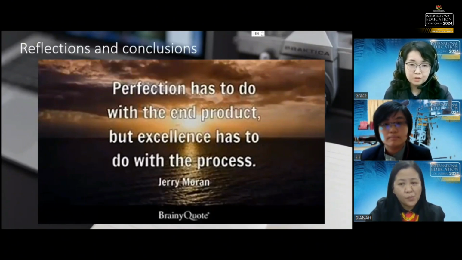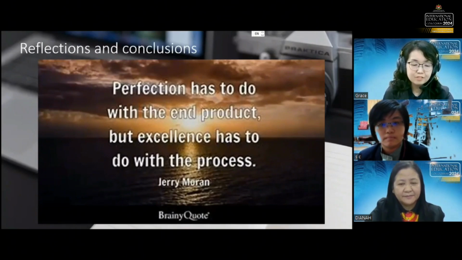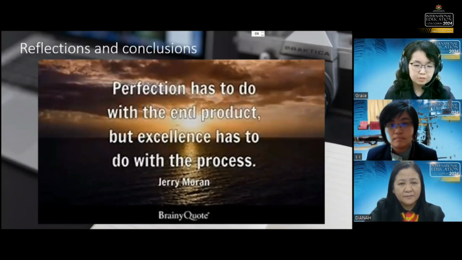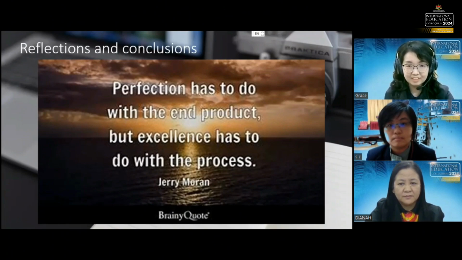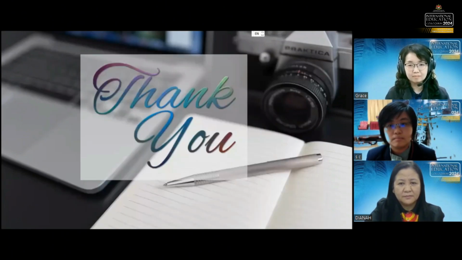In conclusion, story writing is an important part of language learning. When low proficiency students are apprehensive about this genre, we need to ask ourselves, are we too KPI driven as to sacrifice individuality and suppress creativity? Yes, the product or outcome is indeed important, but even more so is the joy and the process of learning. That is all from us. Thank you.